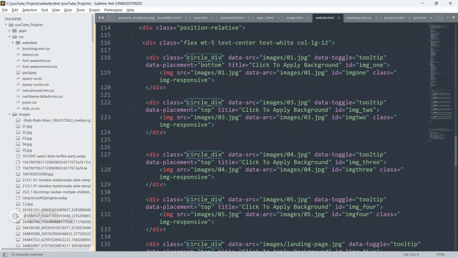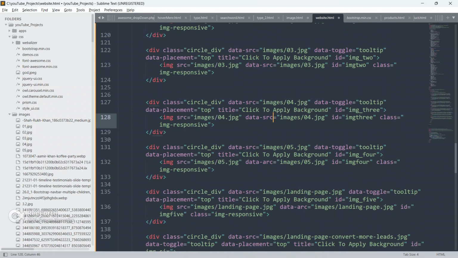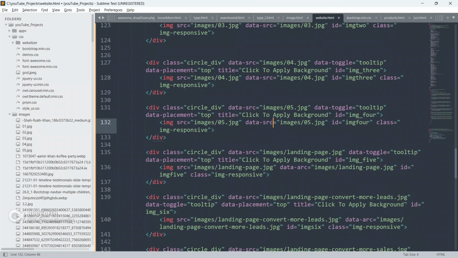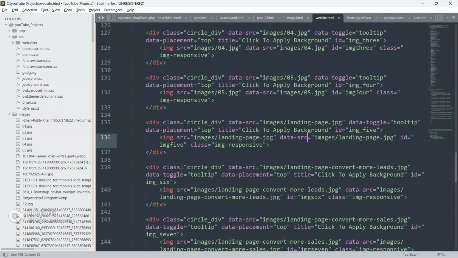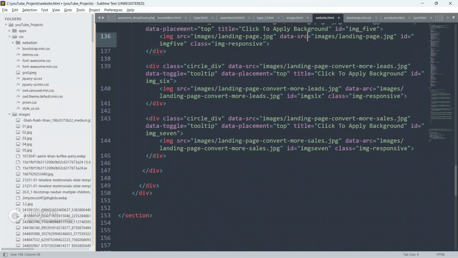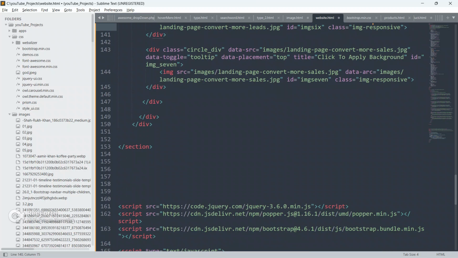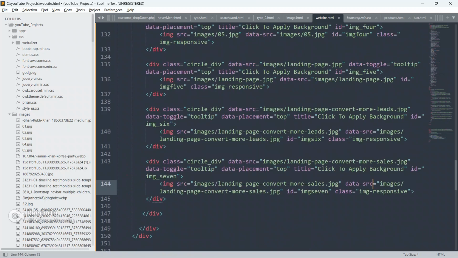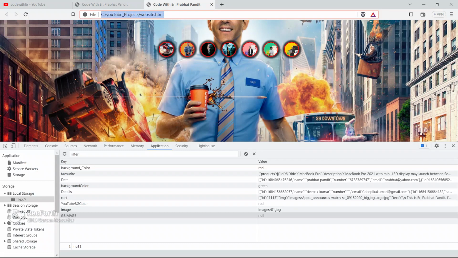Circle div, data-src, okay, sorry guys, data-src, it is src guys, not arc, sorry, my mistake guys, src, it's a typo guys, sorry. Data-src and src, okay guys.